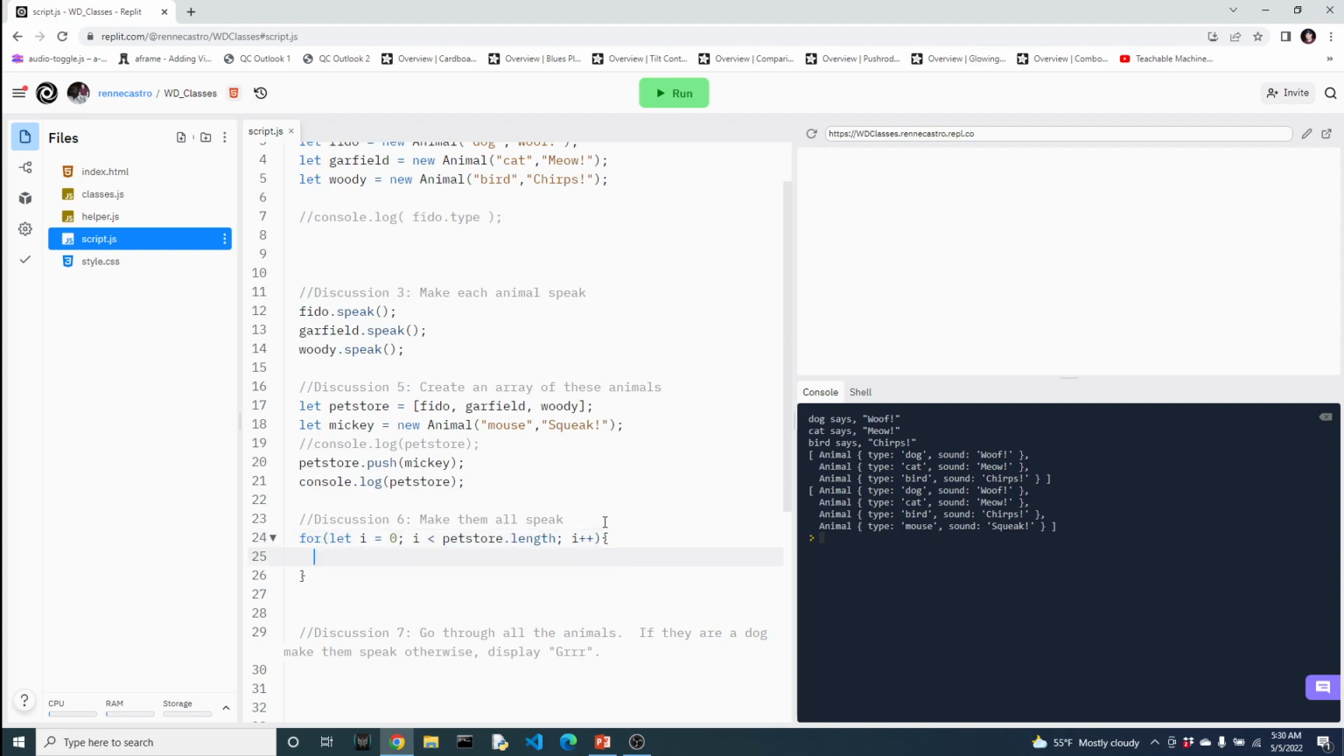Again, one of the beauties about working with an array is that it doesn't matter what's stored inside the array. You're still going to treat the array the same way in terms of how you go through the array. Now, this is a technique we've used in previous examples where we create a specific variable to represent one of those animals from the store. So again, petStore is our array, and if I do petStore[i], we'll get one of those animals. Now, if I want to make one of those animals speak, I can simply say